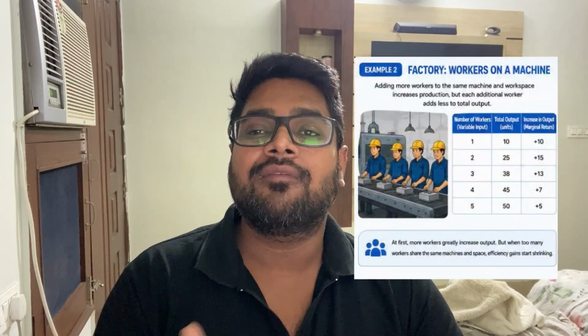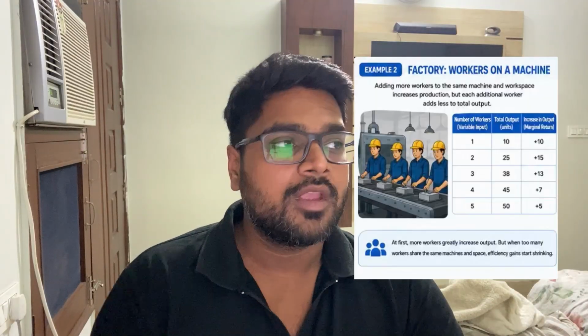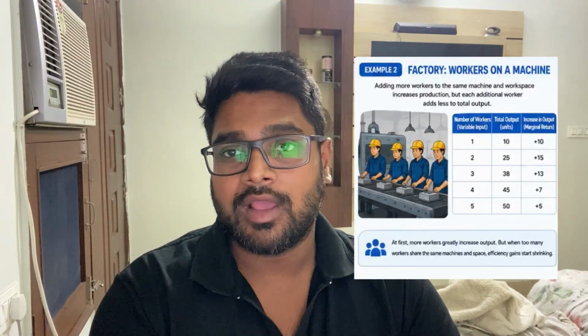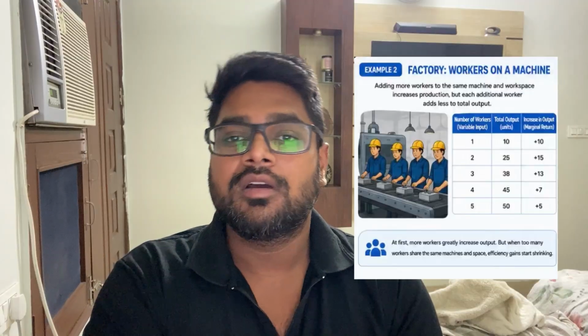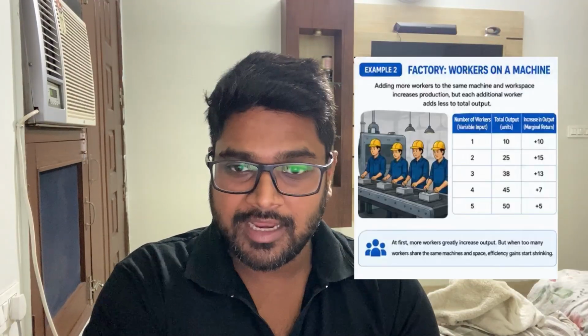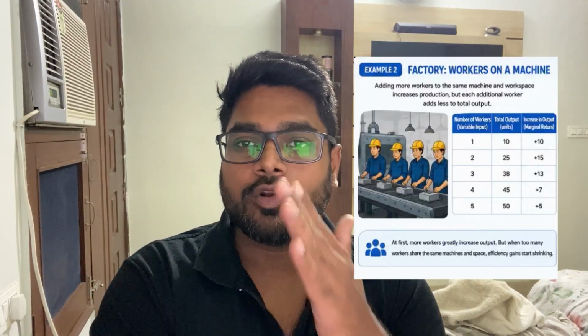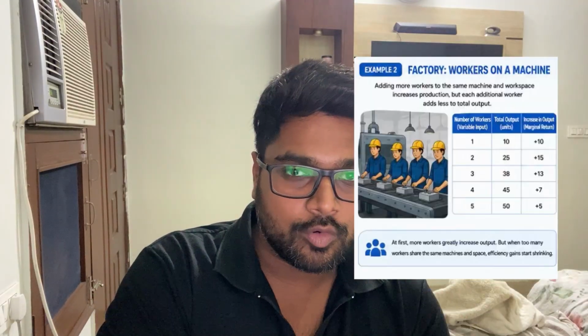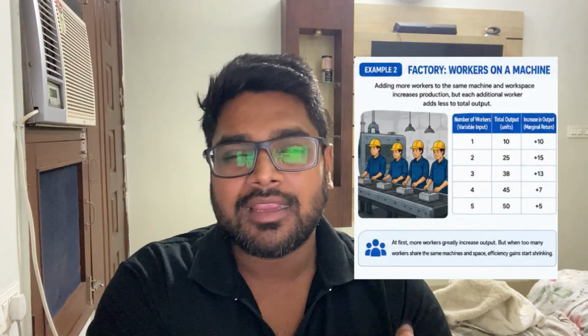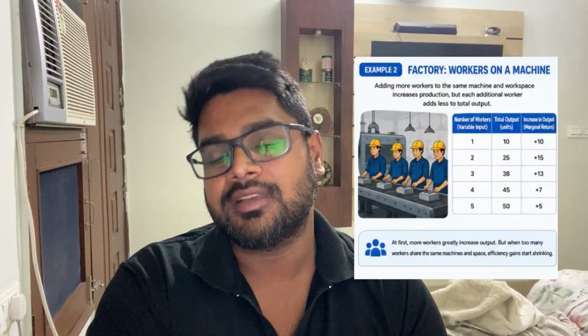Going to the second example, let's say you have a factory where workers work. You have one worker that makes 10 units of XYZ product. You add an additional person to help him, that's the second worker, and your total output goes to 25. Very good. Third worker 38, fourth worker 45, fifth worker, sixth worker. So your overall capacity would gradually go down because you simply kept on adding the number of workers in your factory without increasing additional